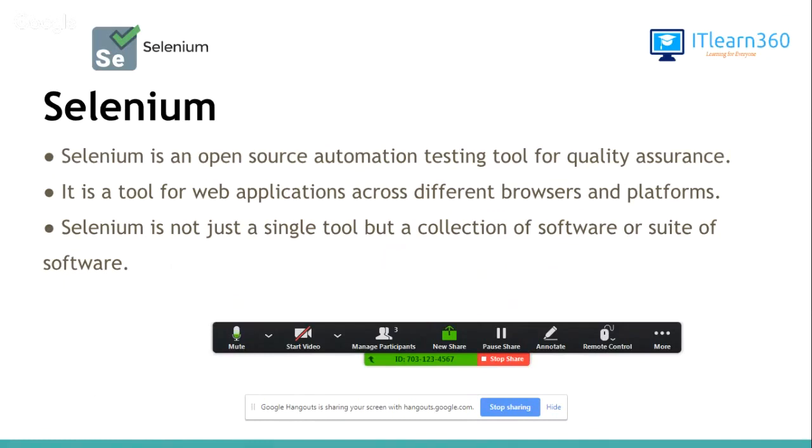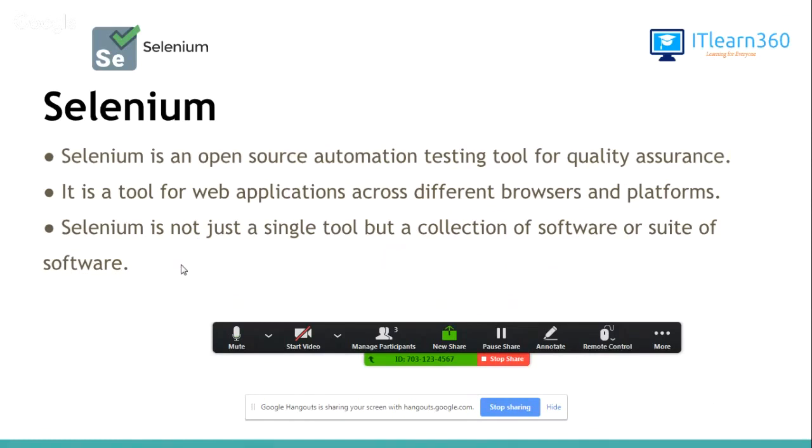Now there is one more thing about Selenium, is that Selenium supports various languages. It means it supports Java, Python, Ruby, Perl. There are so many languages in which you can write your code. So it's not restricted. If you know Java, you can write your script in Java. If you don't know Java and you know Python, no problem. You can write your code in Python as well. So it's very flexible, very powerful, and this is what makes Selenium such a powerful and dominating tool in